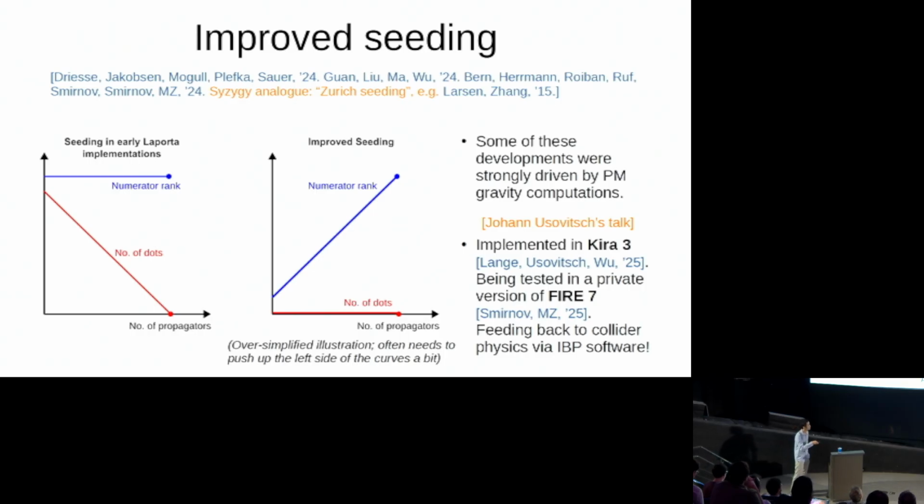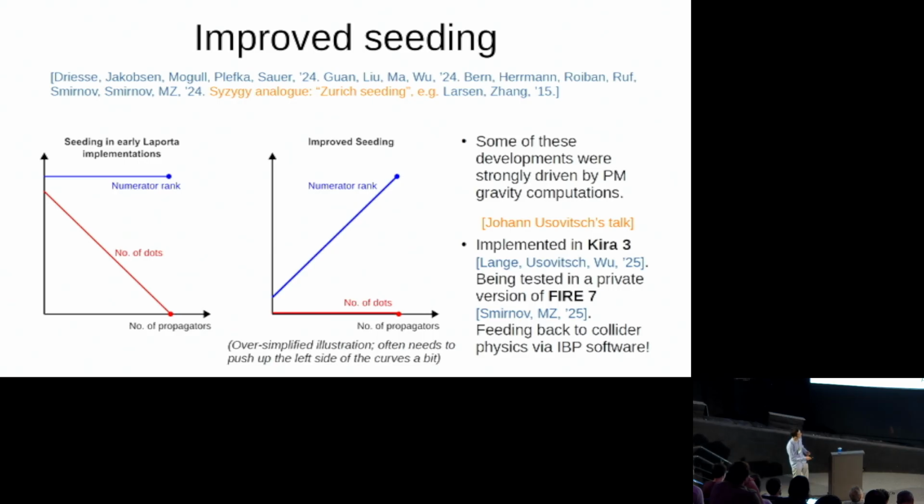This is a little bit of oversimplification. In practice, you may need to impose a lower bound and not decrease it further. And then the number of dots, you can set pretty much constant to 0, and sometimes a little more, like 1 or 2. So this improved seeding strategy, this seemingly innocent change, can speed up IBP by orders of magnitude.